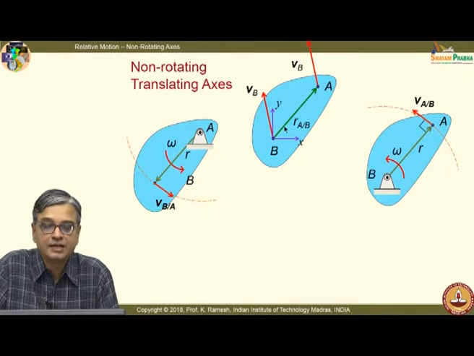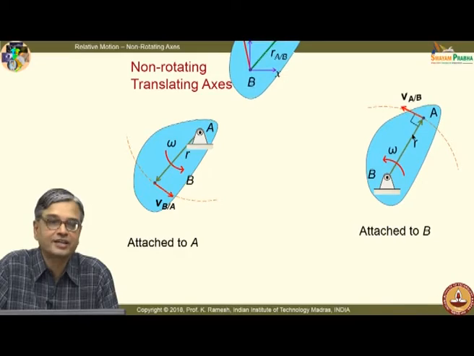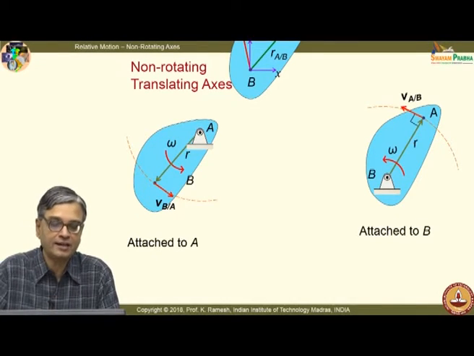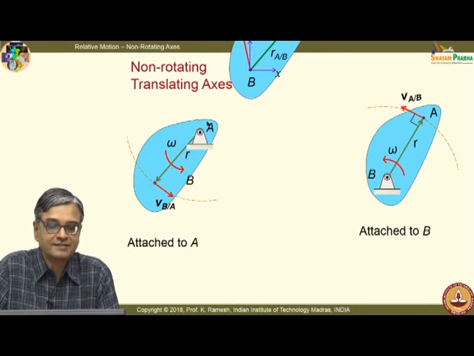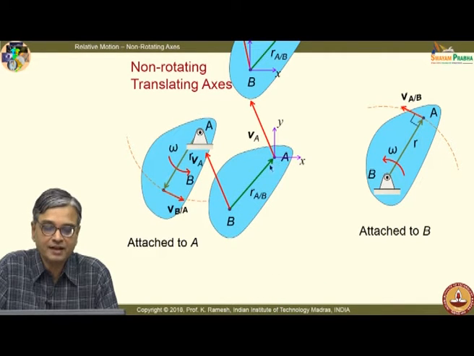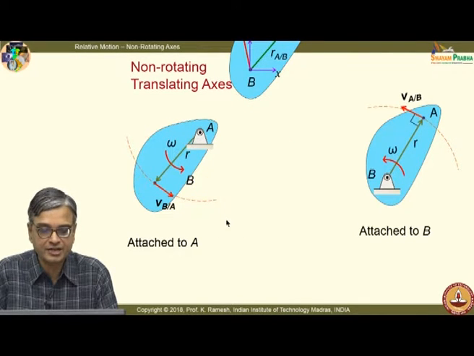I have VB, that means the object will have a translation and a rotation. And let me make the board smart. So, it will show for a short while. So, attached to B, I will have a translation like this and a rotation like this. So, the combination of these two explains the general plane motion of the original rigid body. Now, we would look at if I have axis attached to point A, it would have a velocity VA and the body will rotate like this. You can see this animation again.